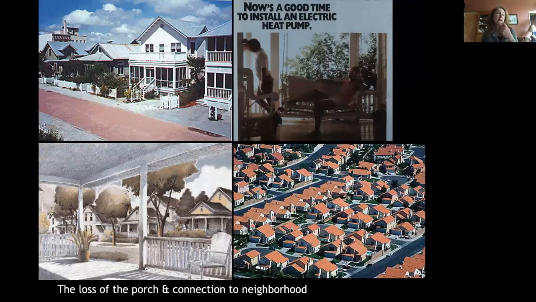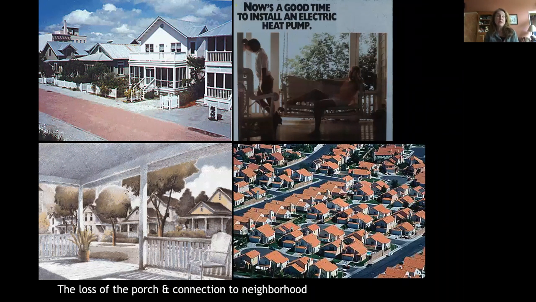Now, whereas the benefit of air conditioning is that it allowed growth in the Southwest parts of the United States where we couldn't build before. The use of air conditioning allowed us to build. The building really pushed the usage of air conditioning, but it also fundamentally changed building form and our relationship with